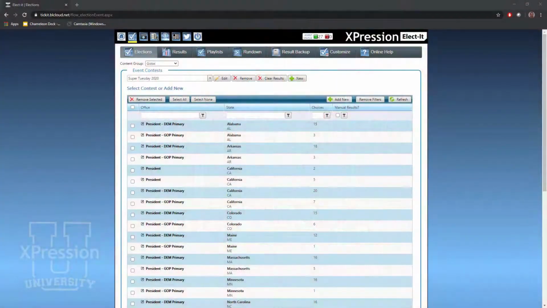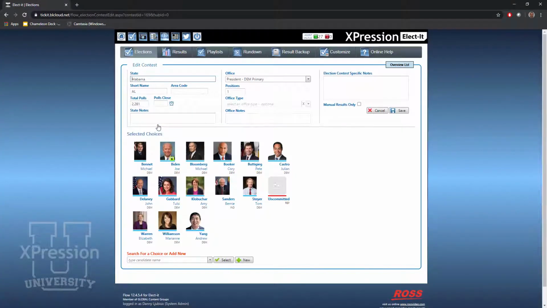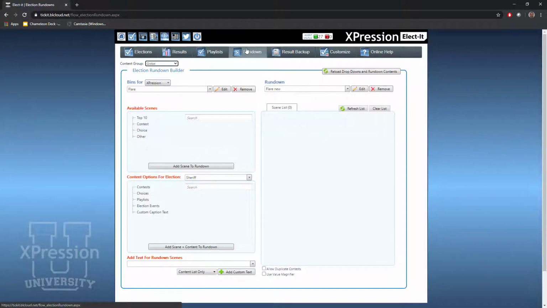Once we have our elections set up, and by that I mean, of course, offices and various races in place, and as we can see here, candidate headshots, names, and party logos have all been imported, we'll be focusing on election night or the election day on the rundowns. Now, at the beginning of the day, it's a good idea to have rundowns already created with some offices to